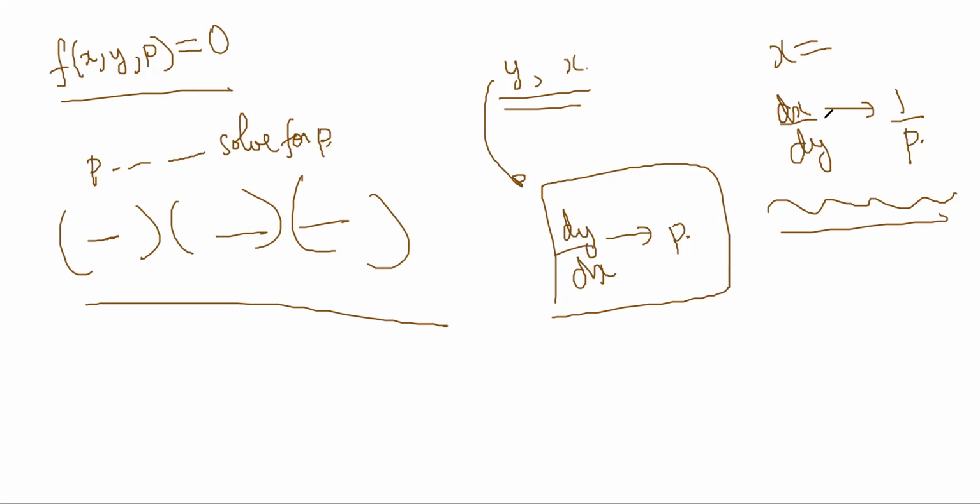Only when you see the question will you realize what you should do. It's not like one rule is there which will apply everywhere. Depending on the problem, you will either solve for x or y or p and then get the solutions. Suppose you get multiple solutions, you have to multiply all the solutions to write the final answer. So this is the whole notes. Nothing much more is there.